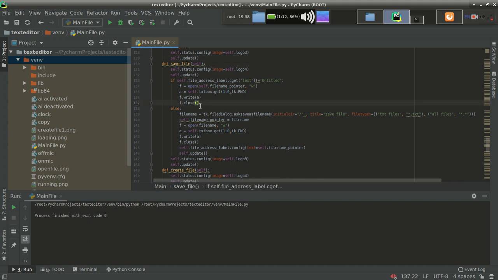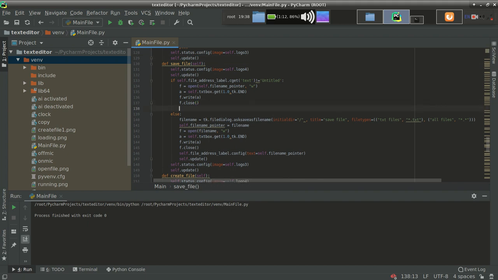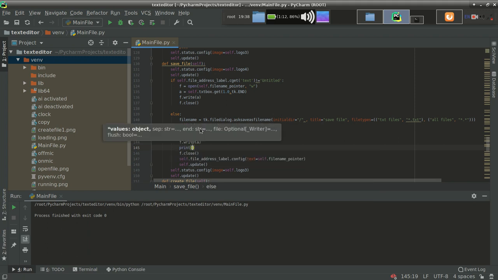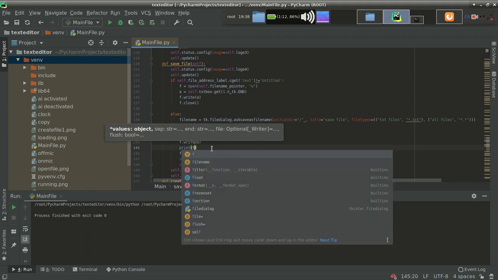Here I am dealing with a pre-written file, because initially the file is untitled. So let's say print a. Let's see, guys.